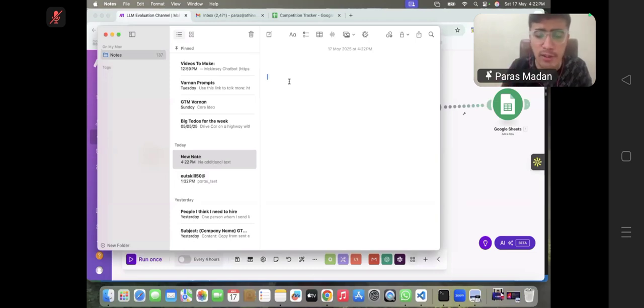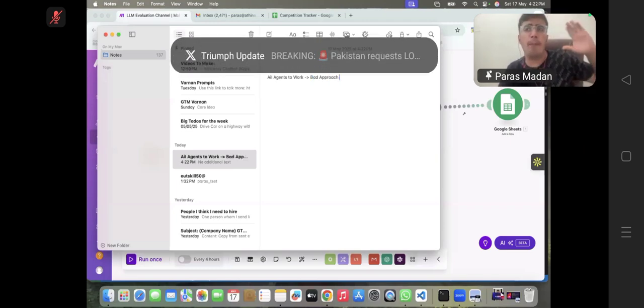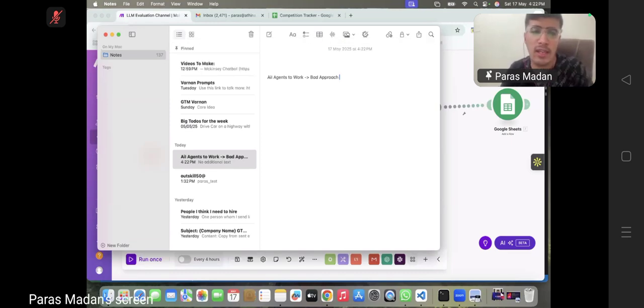Anytime in life, please don't go from AI agents to work. Please don't go from AI agents to work. This is a bad approach, right? When you are learning, it's fine, but when you are just building something for your company or for your real life, for your student life, please don't do it. Think from